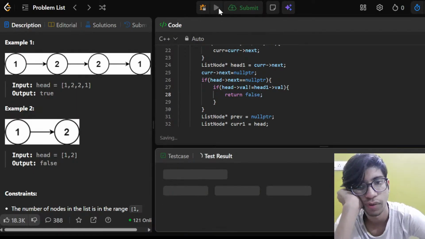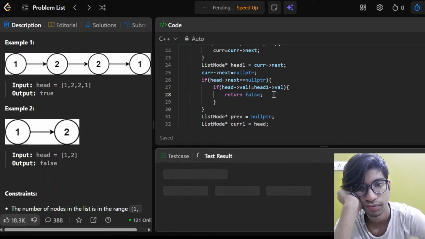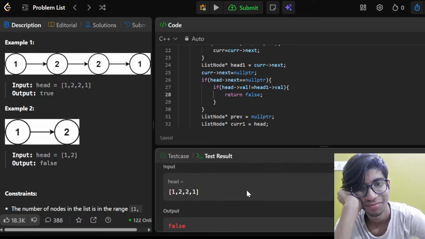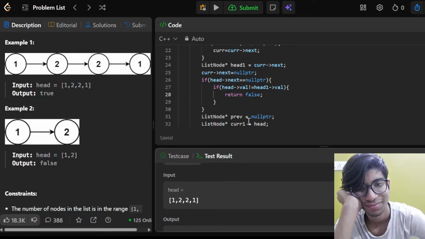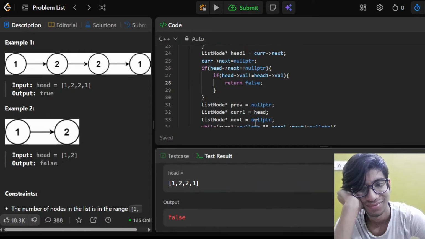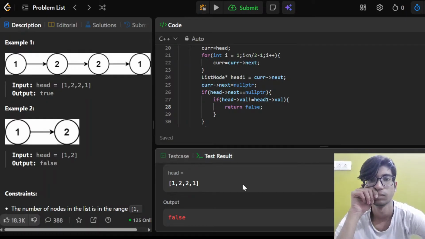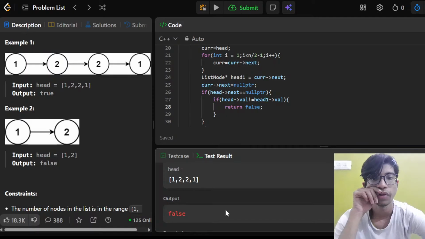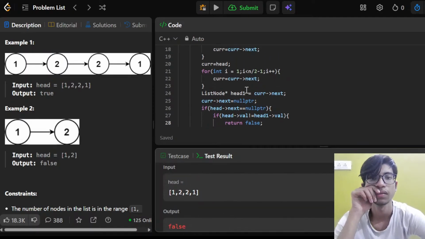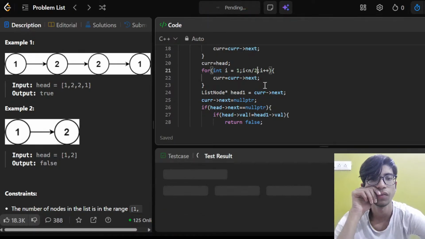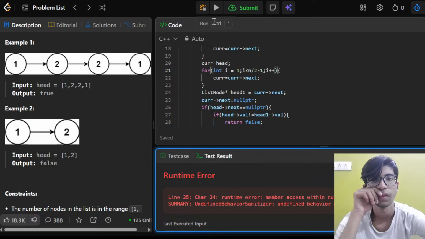Well, what would happen here? Let's see. How did this happen? If head's next is null pointer, head's next is not null pointer, man. What I do, but if I do this, well, this is obviously wrong. What am I even doing? Yeah.